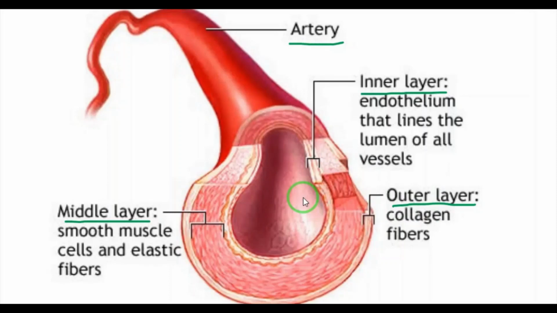Then what is the role of this artery? Arteries carry blood away from the heart to various organs of the body. So all the arteries carry blood away from the heart to various organs of the body. All the arteries carry oxygenated blood. Remember this. Okay, all the arteries carry oxygenated blood, but one exception is there, that is the pulmonary artery, which carries deoxygenated blood to the lungs. Got it? So all the arteries carry oxygenated blood, but the pulmonary artery carries deoxygenated blood to the lungs, right?